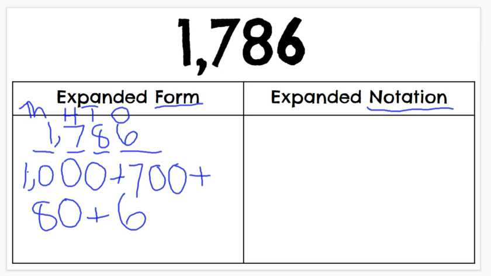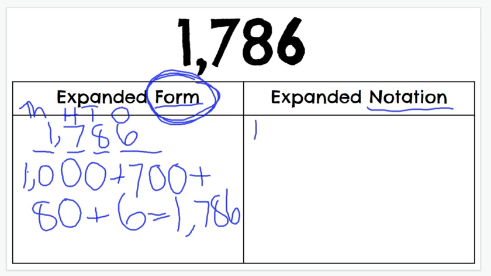So 1786 written in expanded form is 1000 plus 700 plus 80 plus 6 to give me 1,786. Okay, that's expanded form when we're adding the values. Now let's go to expanded notation. I'm going to write my number again,